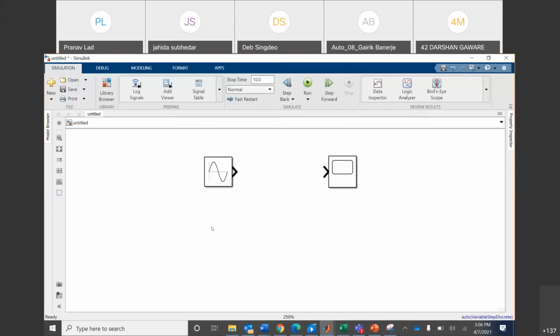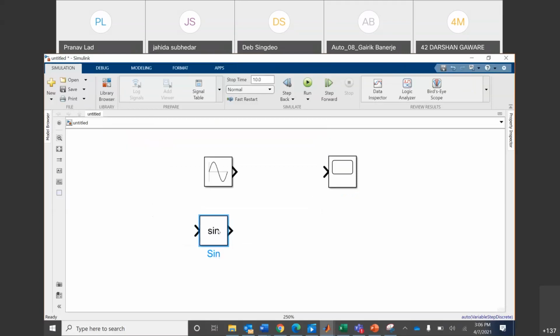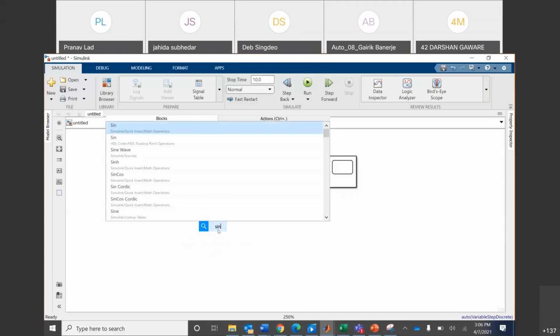If we want to add another sine wave here, you can actually add any signal, not just sine. You can add the step signal or any other sort of signal as well.